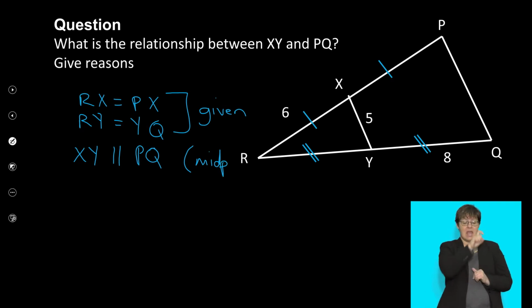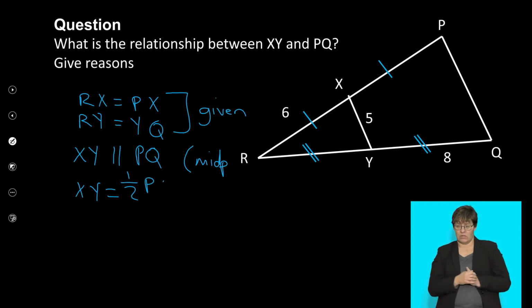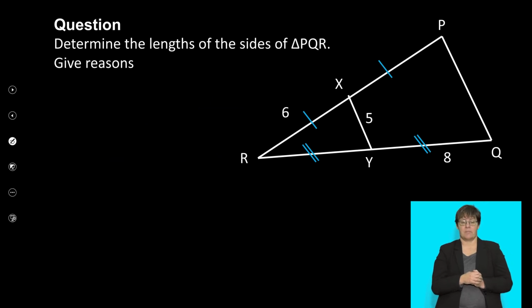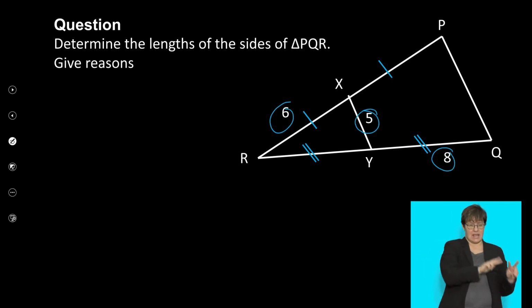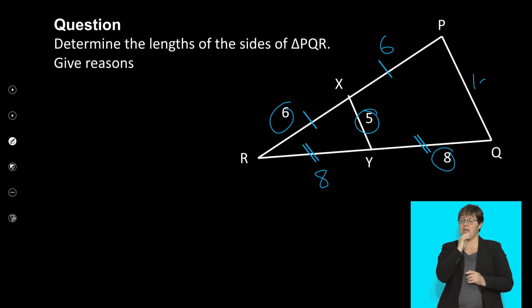And also you will say XY is equal to half, not 2 times, PQ, right? It is half of PQ. And that's what the relationship is there. And then the last thing that you need to look at is to find the lengths of the sides of PQR. As soon as I know that this is 5, and that is 6, and that is 8, I can then use those, because I know this is 8, I know that is 6, and this is 5, it means that is 10. So the lengths of PQR, you don't really need reasons for those, but you will just say